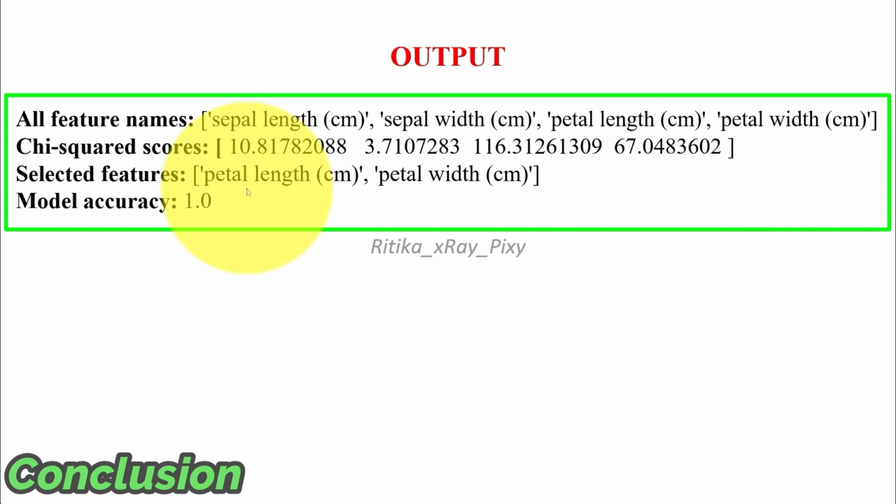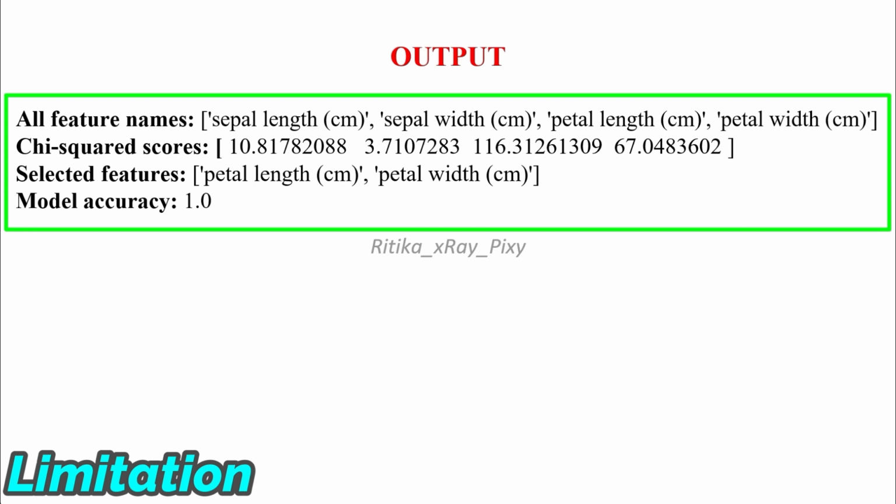So the output you can see is petal length and petal width. They are considered as the 2 most informative features for differentiating. They can be used for differentiating between flower species based on chi-square test. The highest score suggests here the stronger correlation between feature and the species. So these 2 features will be most helpful in differentiating between these 3 species.